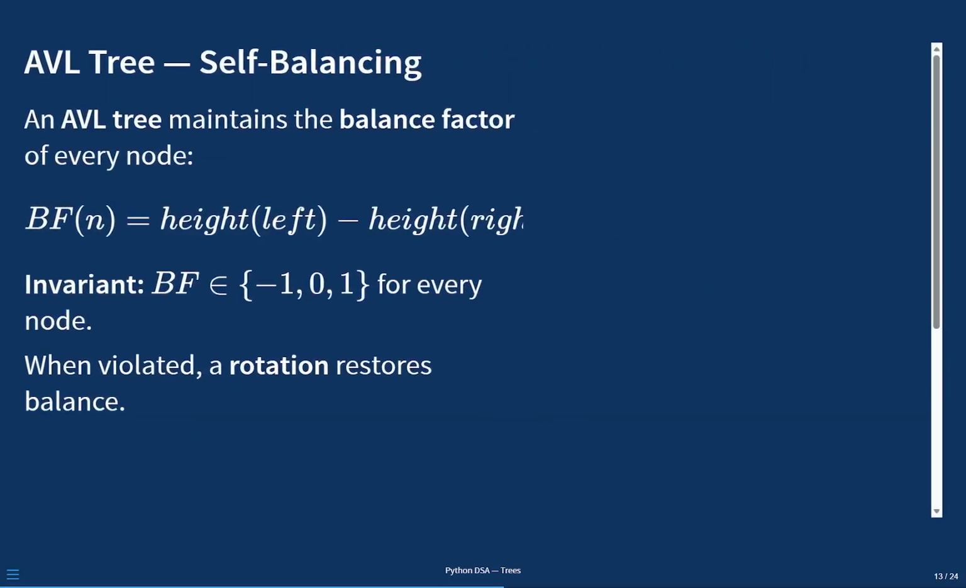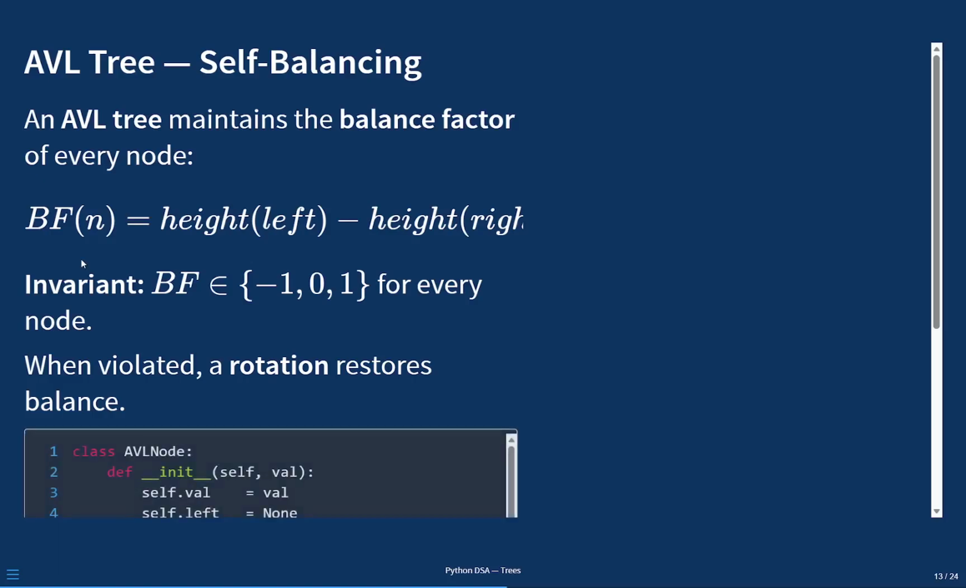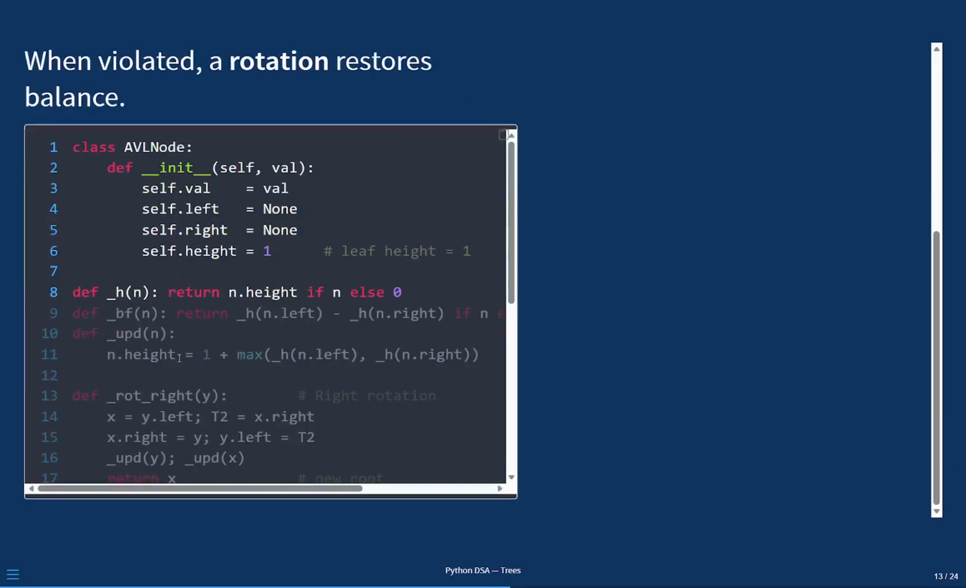The AVL tree, invented by Adelson-Velsky and Landis in 1962, was the first self-balancing BST. Its invariant is elegant and precise. Click. Every node stores a balance factor, the height of its left subtree minus the height of its right subtree. The AVL invariant: that balance factor must always be -1, 0, or +1. The moment any node's balance factor reaches +2 or -2 after an insert or delete, a rotation is performed to